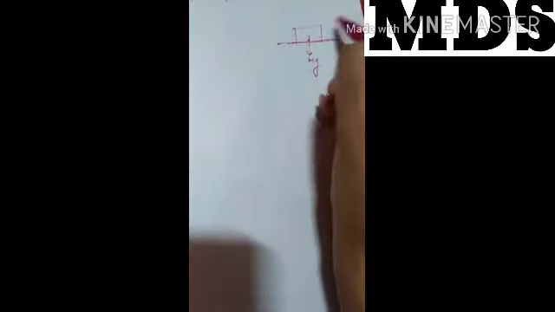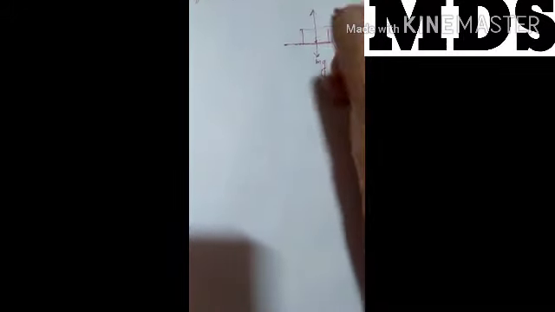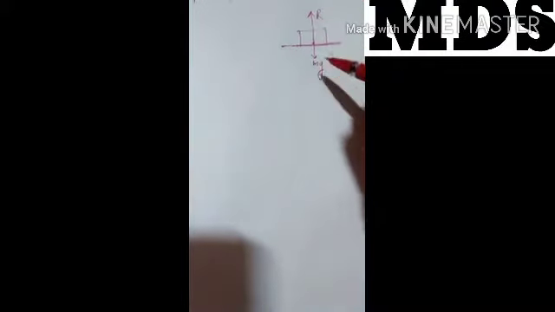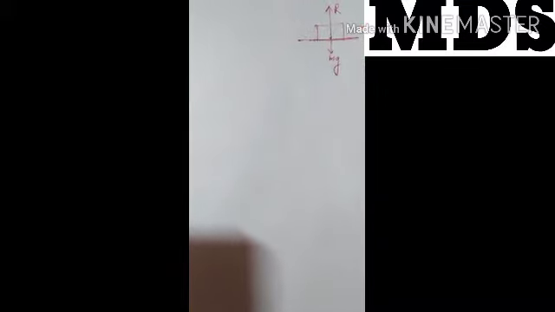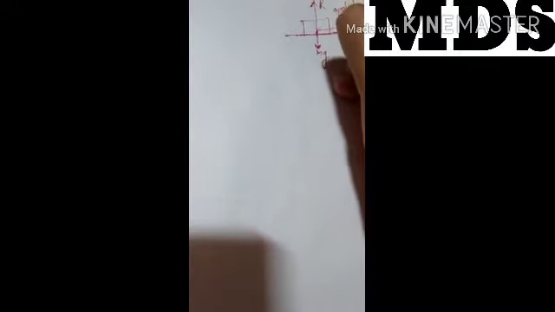One force acts vertically downward, that is mg, and the second force acts vertically upward from the surface, that is the reaction R. By Newton's third law, every action has an opposite reaction. If the object's force is in the vertically downward direction, then the reaction will be in the upward direction, R. Another force is the applied force, which we apply to move it.